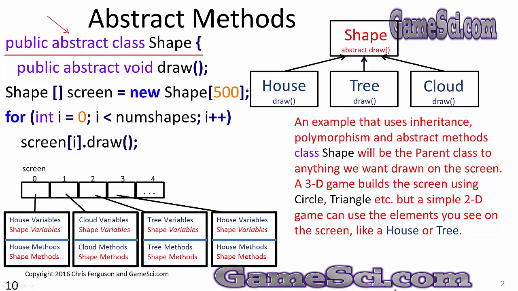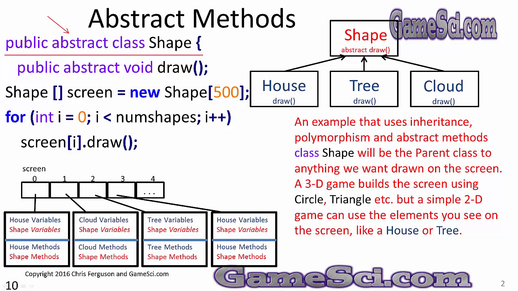In a 3D game, we'd probably build the screen using things like circles, triangles, and rectangles. But in a simple 2D game, like a Mario style game, we could use elements you see on the screen, like a house or a tree. There's no reason a shape has to be a circle or a rectangle. A shape could be anything. It could be a house or a tree. What we're going to do is build an array of Shape objects and see how they get on the screen